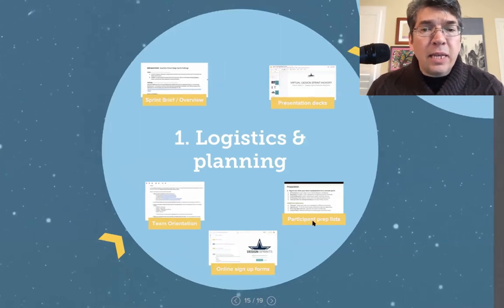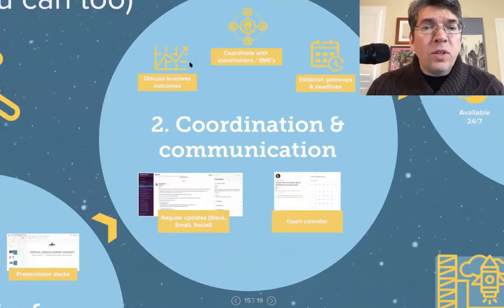So after logistics and planning, we go into coordination and communication. Now, this top part here is going to largely depend on whether or not you have business outcomes involved with your sprint. This may or may not apply, but it's really good, and this goes into problem framing, to take the sprint brief and figure out if there are business outcomes related to it, get that top of mind and discuss it right from the get-go, because if you don't have really good alignment with the people that you're representing with the sprint, this can fall apart in a hurry. So make sure there's alignment with that, as well as with stakeholders and SMEs in the same regard, especially if you need their time for those subject matter interviews early, and if you record them.